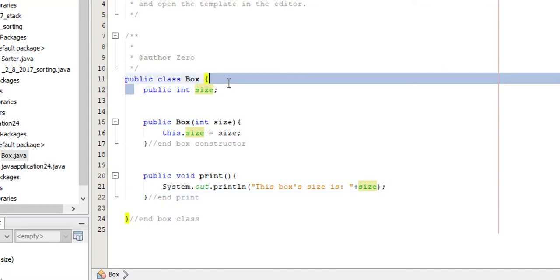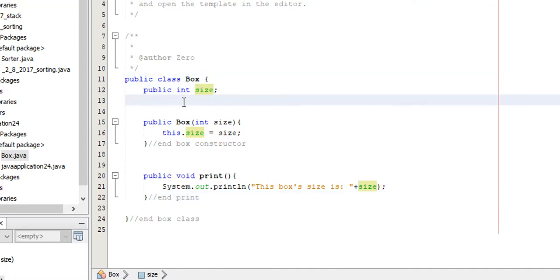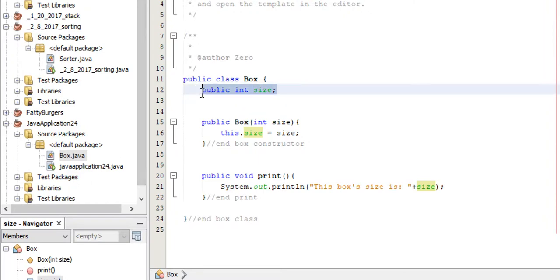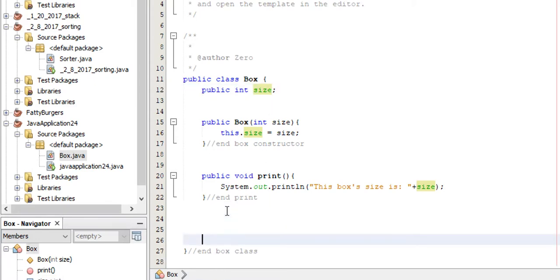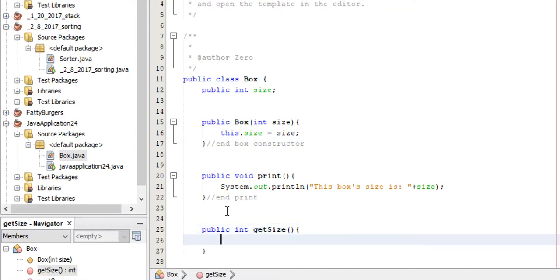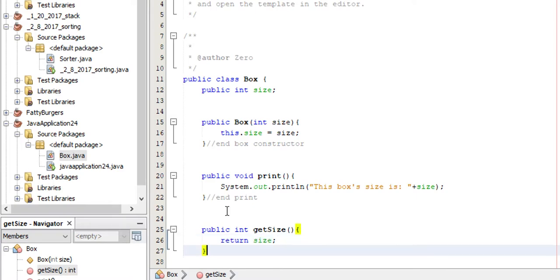Our box has a size. We could have several other variables on there if we wanted to. Name, whatever's in it, whatever we want. But we're going to keep it as simple as we can. Now we're going to use this size variable to sort things. Now I could make a method called getSize, public int getSize, if I had this thing set to private. Mine is currently set to public,